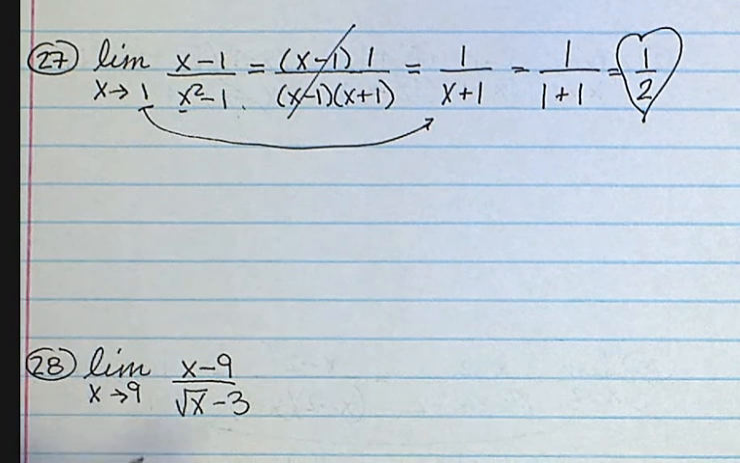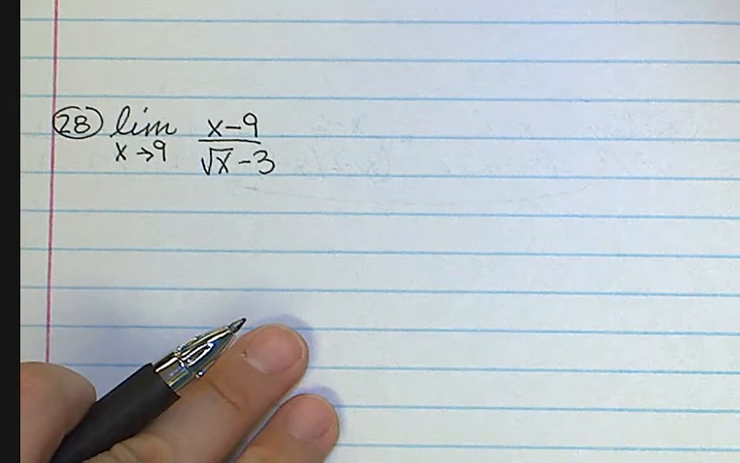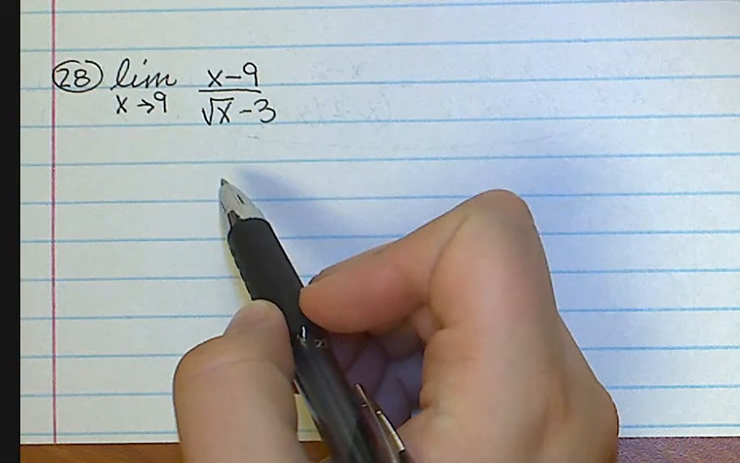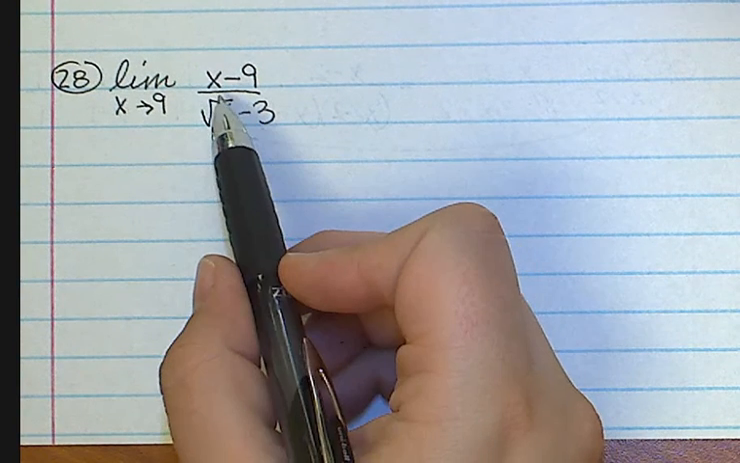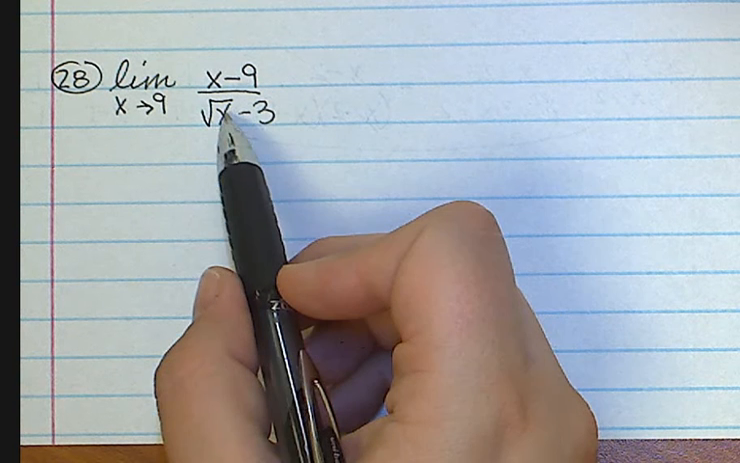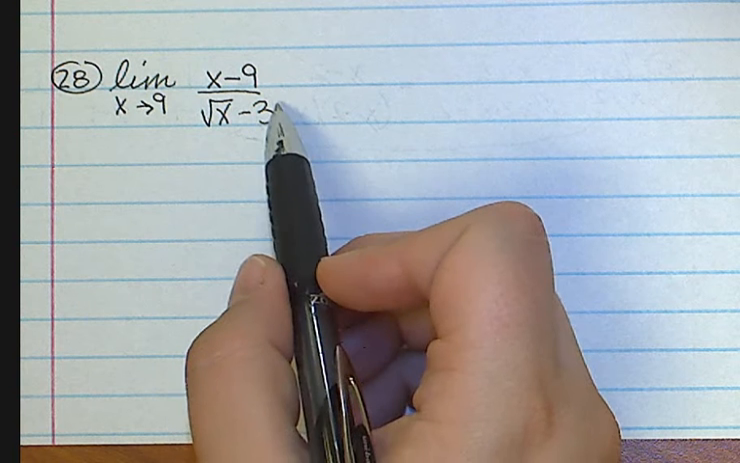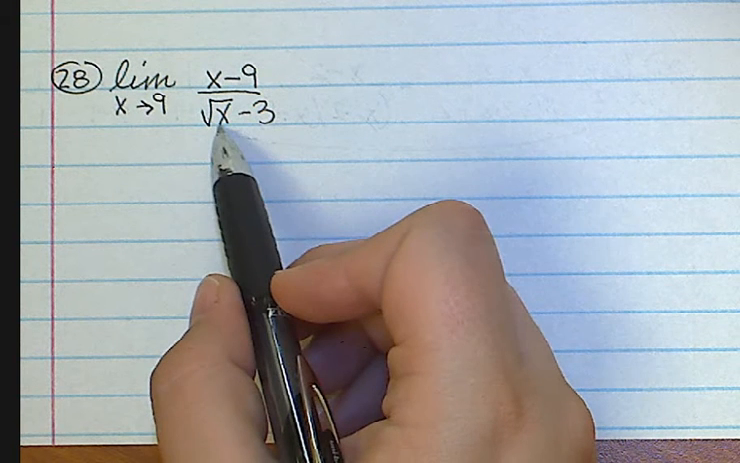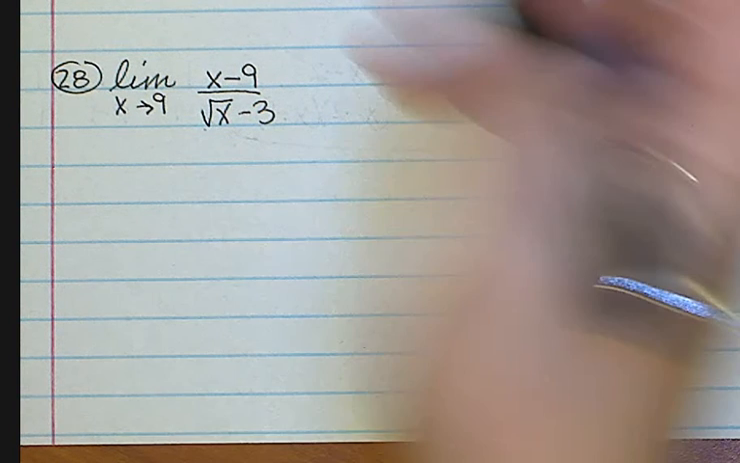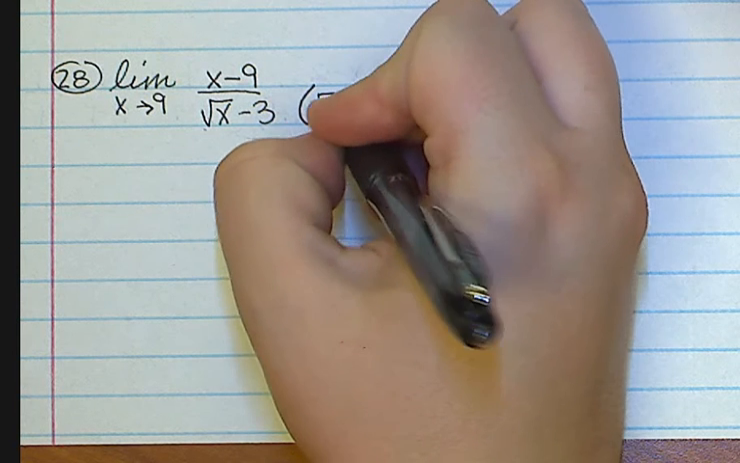Let's take a look at number 28. If I were to use direct substitution, I would end up with 9 minus 9 equals 0, and 3 minus 3 equals 0. So that would be indeterminate form. So I'm going to try rationalization, since it's a square root. So I have the square root of x plus 3